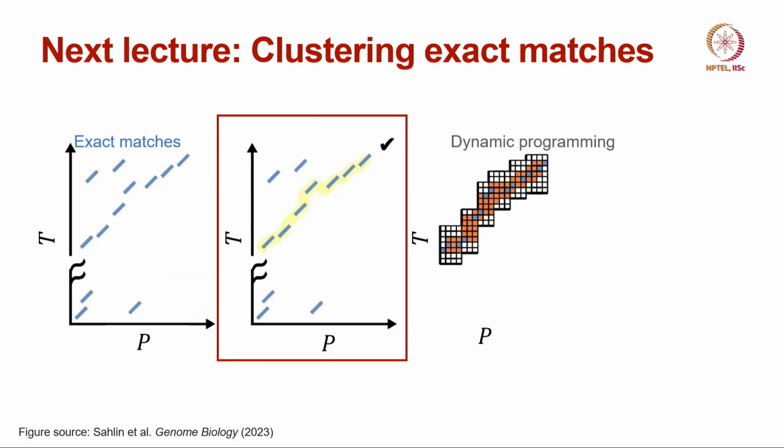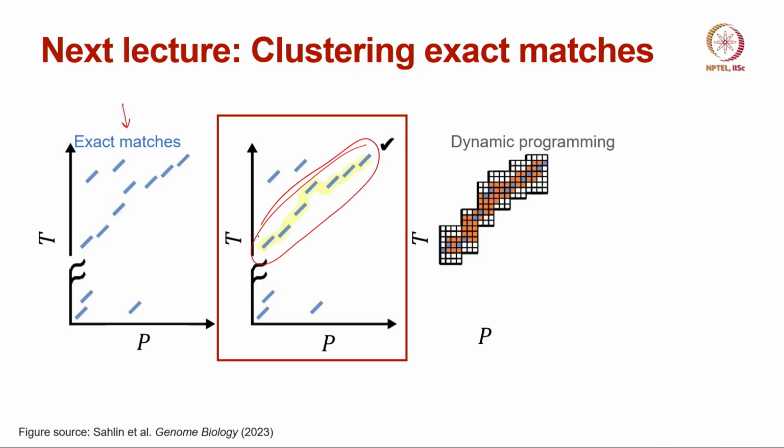Now, so far from an algorithm perspective, we have only looked at how to compute exact matches efficiently. In the next lecture, we are going to look at how to cluster these exact matches, because observe that when we are computing these exact matches, there can be many matches that occur by chance. So, for example, maybe by chance we see an exact match of length 5 just by random, but with clustering techniques we can find good clusters of those matches, so that we know that using those matches will give us